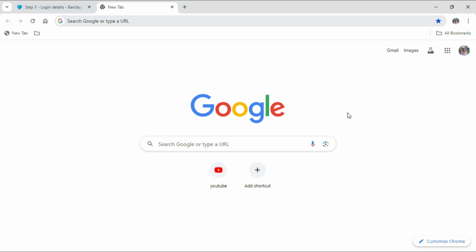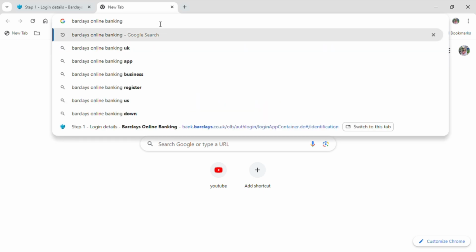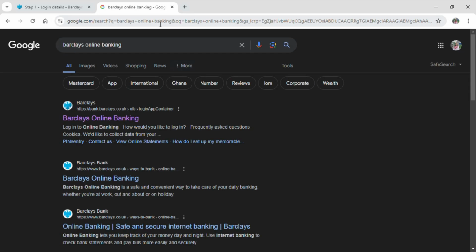First of all, just go on to your Google browser and then go on to its search bar and just type Barclays online banking and hit enter. After doing so, many results will pop up on your screen. Click on the first link that shows up, and this will take you to the official login site of